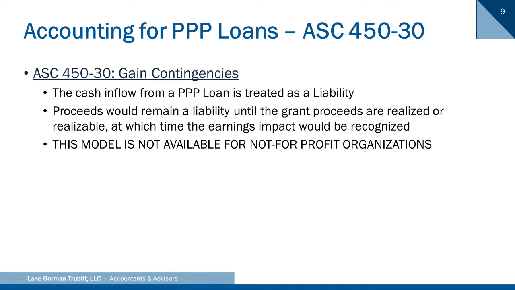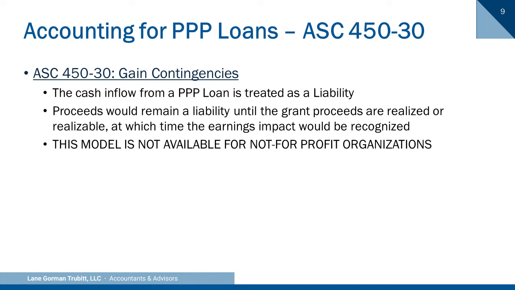ASC 450-30 gain contingencies. Under this model, the earnings impact of the gain contingency is recognized when all the contingencies related to receipt of the assistance have been met and the gain is realized or realizable. Simply put, under ASC 450-30, a for-profit entity would initially record the cash inflow from the PPP loan as a